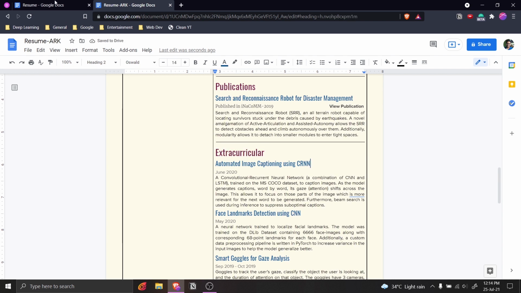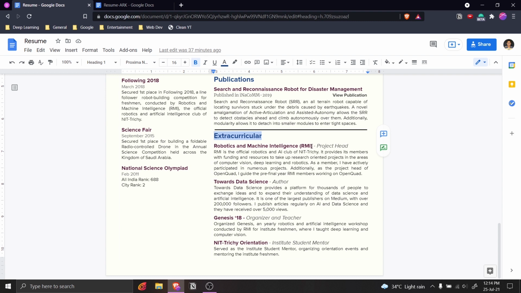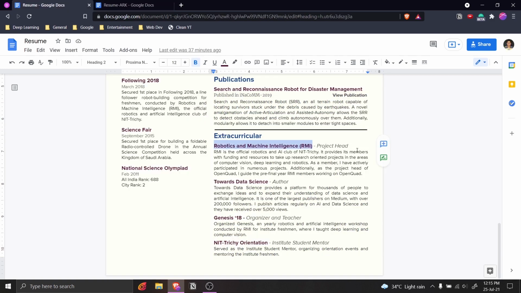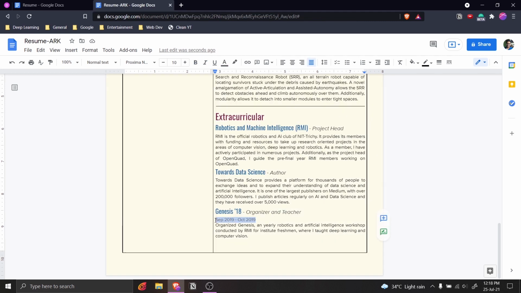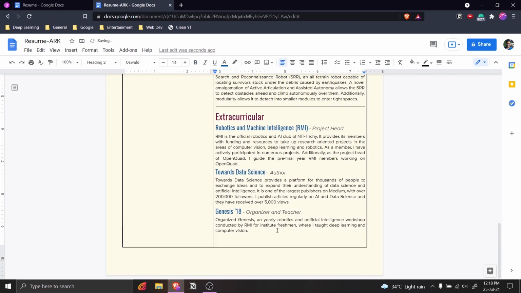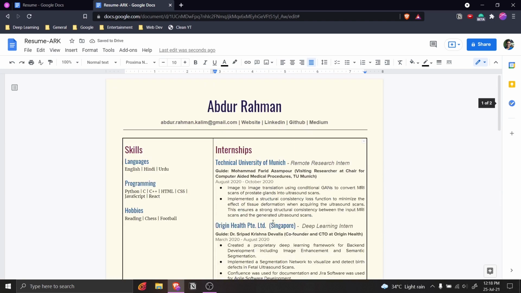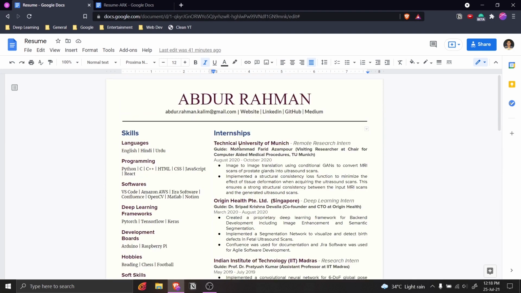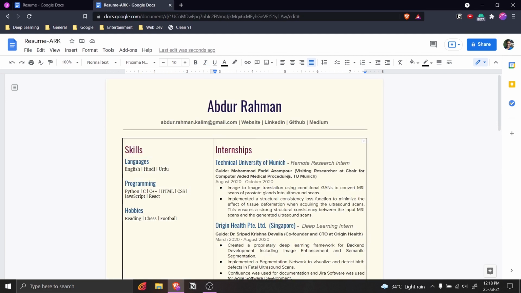So now this is correct. Again, I'm just copying the text and preserving the formatting here the same way. Let's fix this. And so our extracurriculars, so as you can see now, the right hand side of our resume, the right hand column, whatever you want to call it, is complete.